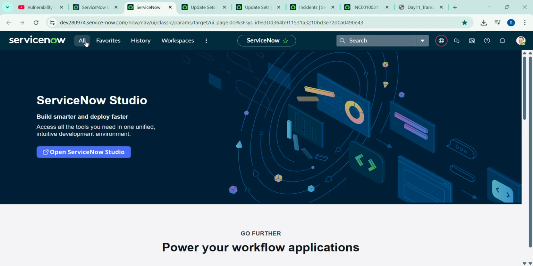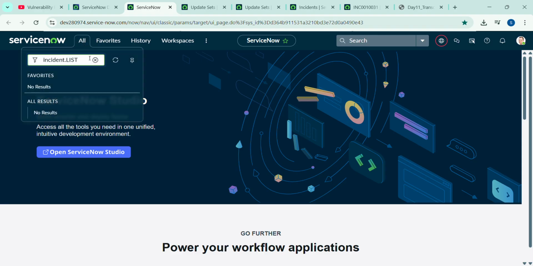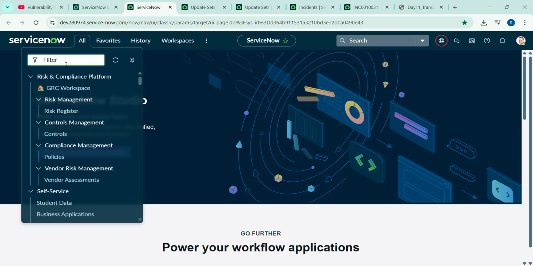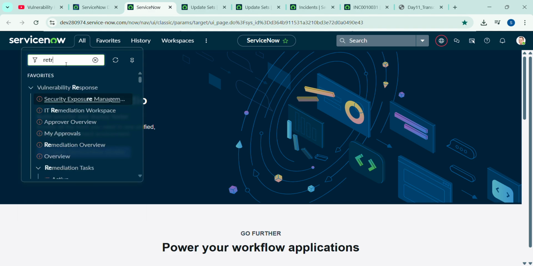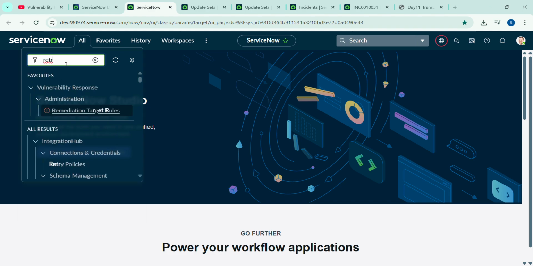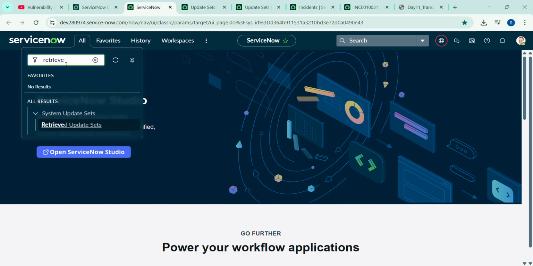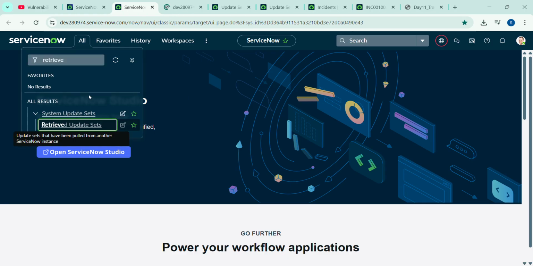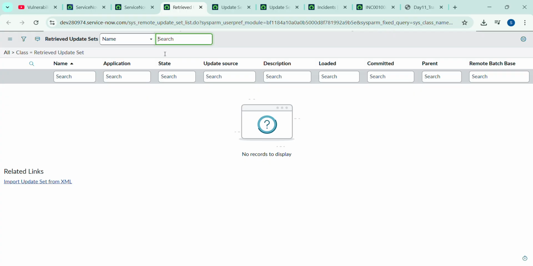If I go to, if you think this is the second instance, maybe production instance, and under same update incident there will be, you just type retrieve. If you see under system update sets, there will be retrieved update sets. If I open this